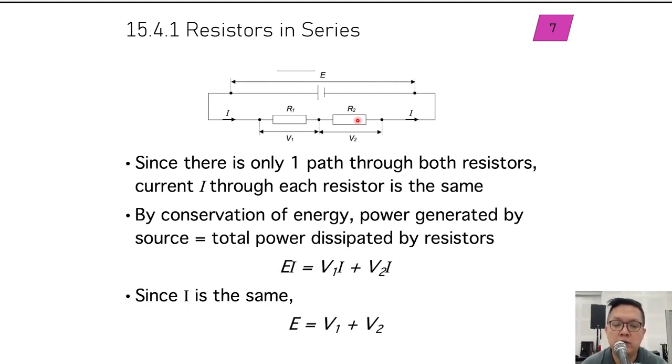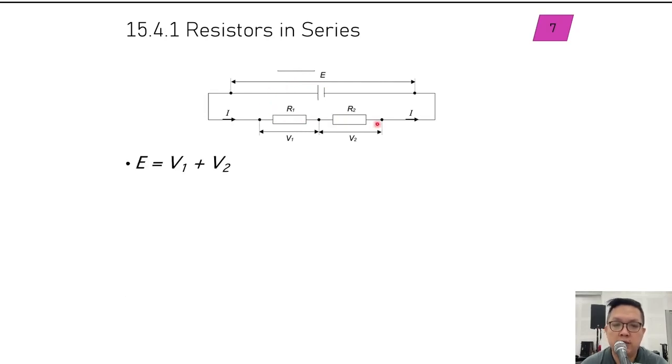V1 plus V2. This is a convenient formula, similar to our Kirchhoff's second law, the conservation of energy. Whatever EMF is present is equal to the total potential drop across the resistors. So going back to this E equals V1 plus V2,